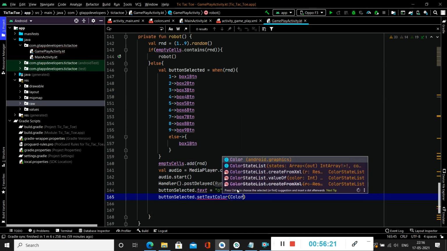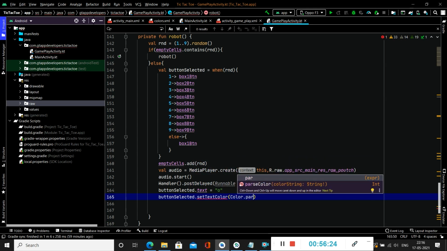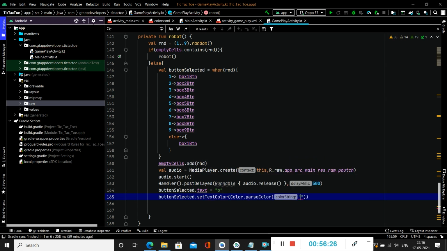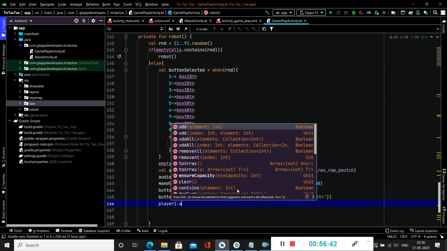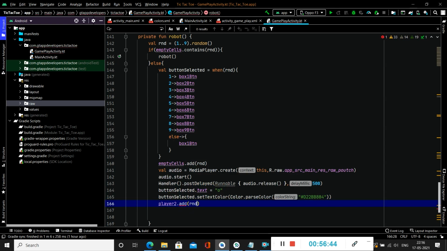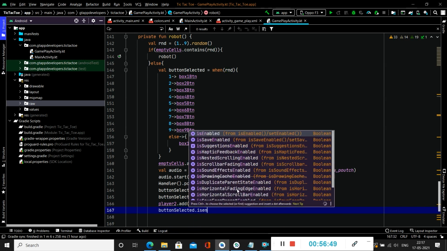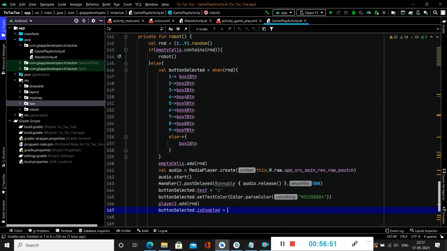Set text color dot parse color. After that, we will add this to our player 2 array list, and we will set enabled as false for our button selected.